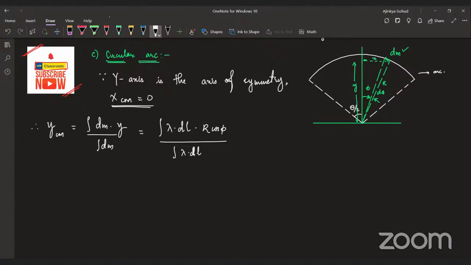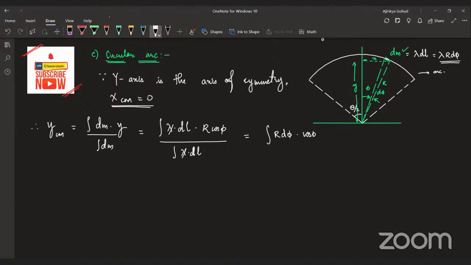Right. Now what is dl here? dm will be equal to lambda into dl. This length is dl, so I can write this length dl as r into d phi. Since it is a uniform circular arc, I can cancel lambda because it is constant. Otherwise, I could not. So, integral dl we can write as r into d phi